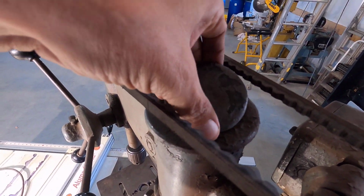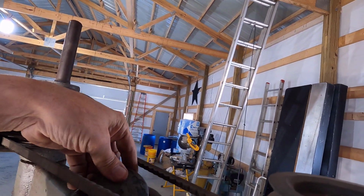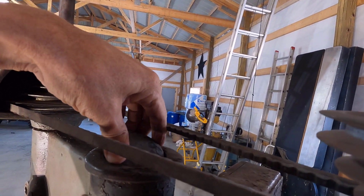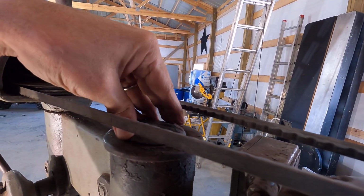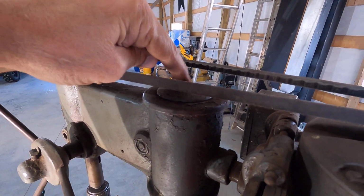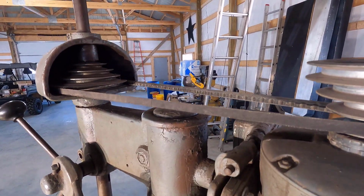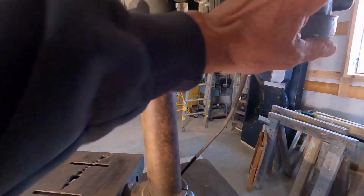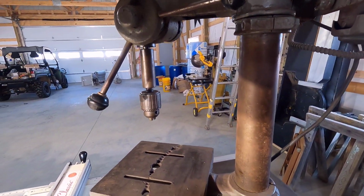This little cap right here is just on there loosely. It has no way of attaching, and when we brought this home, it was laying in the back of the truck. Luckily, we found it. I'm surprised this is still with it after all these years. Usually a loose part like that would be gone. So I think this will clean up really nice, and even if I leave it exactly the way it is,